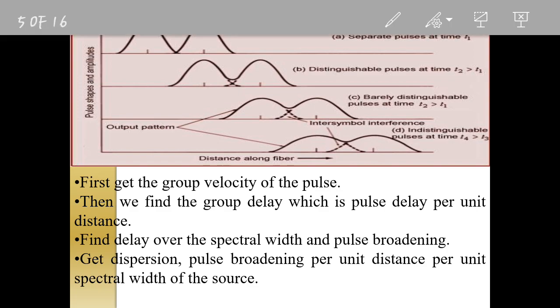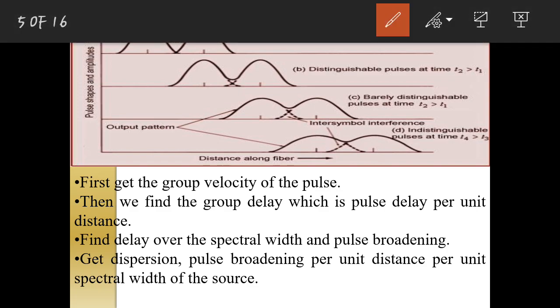Here you can clearly see how it happens. You have a pulse, and at this point both pulses are linked together. It is two continuous pulses. Again, the pulses are broadened, so you have further distortion occurring, and this is called intersymbol interference. You have one pulse and the next pulse, both broadened, and your symbols interfere with each other. We call it intersymbol interference. This is one type of distortion occurring, and this is called dispersion loss.